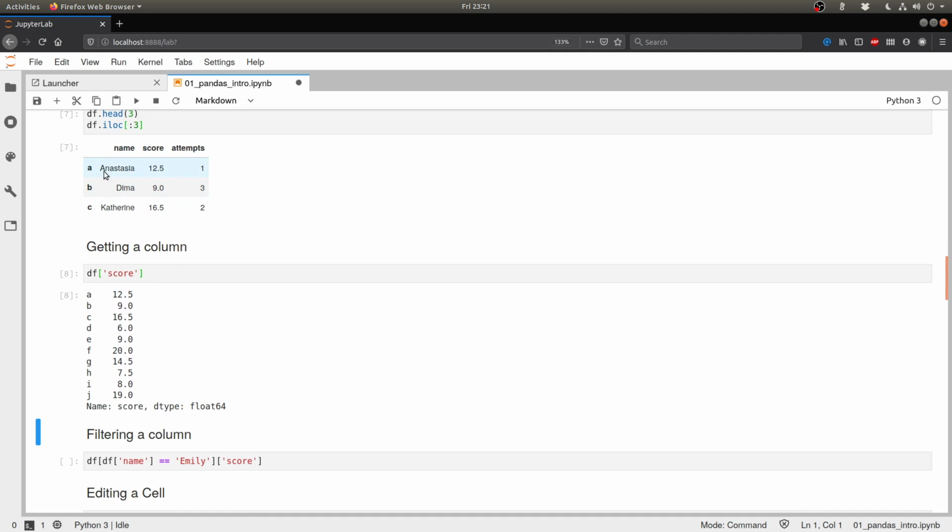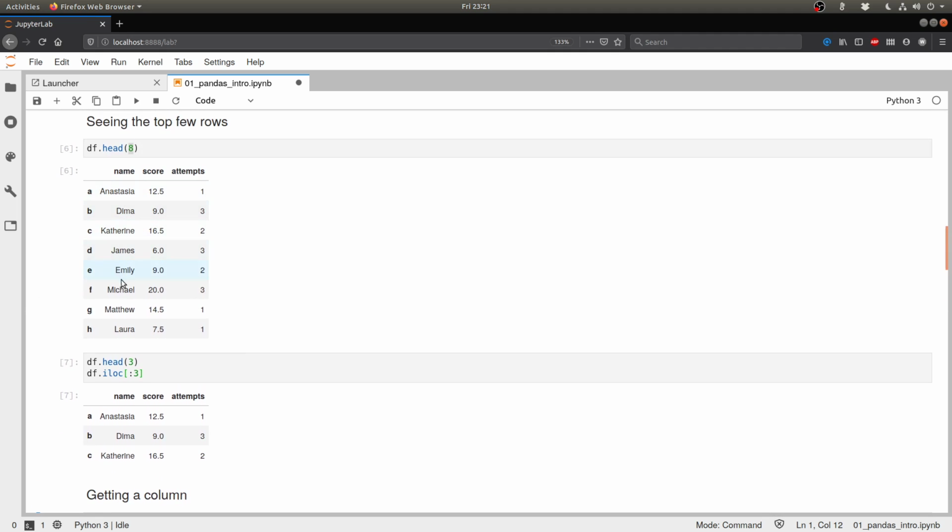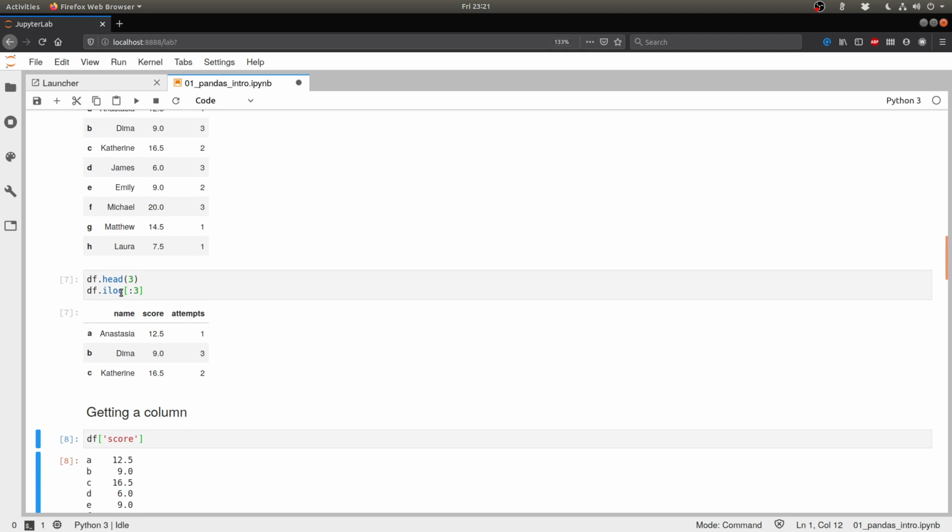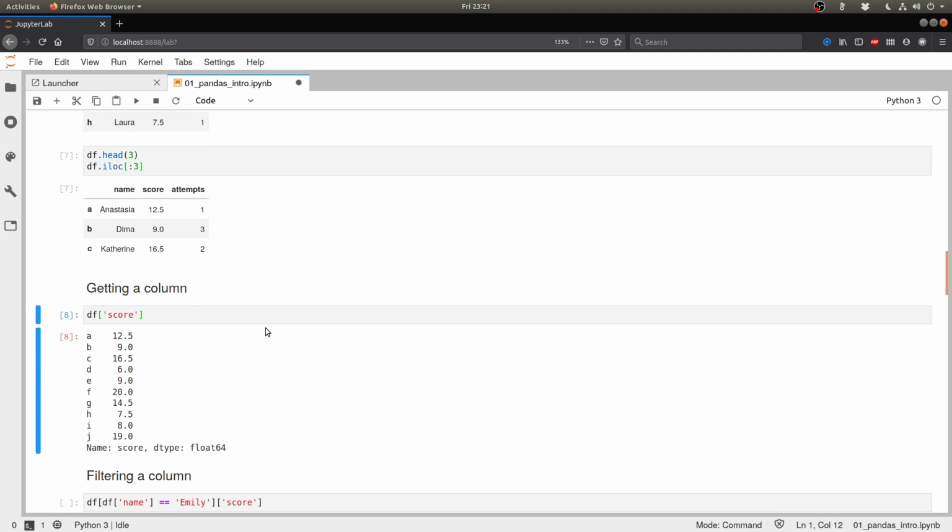You see, in both those cases, whenever we try to get a row, the index, which is A, B, C, D, E, F all the way up to J, remains the same. What that means is that each location, instead of being indexed by a number, is being indexed by a letter, right? So that simply is useful because sometimes strings or names are easier to remember than numbers. So just like in a list, you have positioning by numbers, here you can have positioning by arbitrary strings. So those are called the index of a data frame.